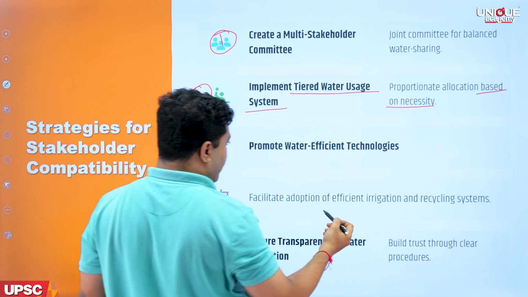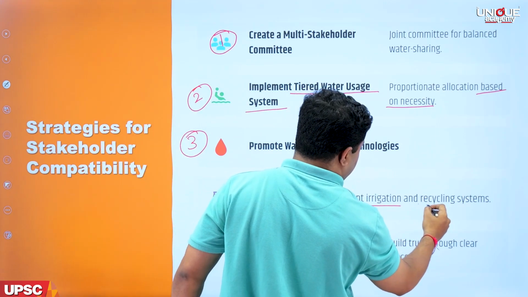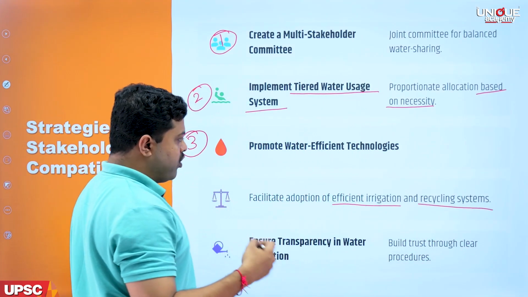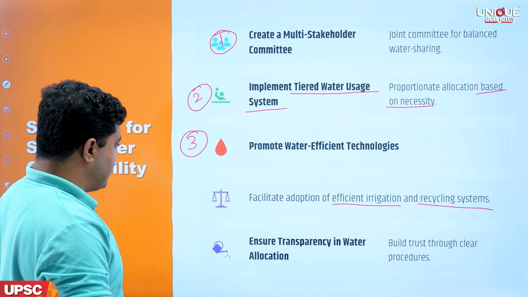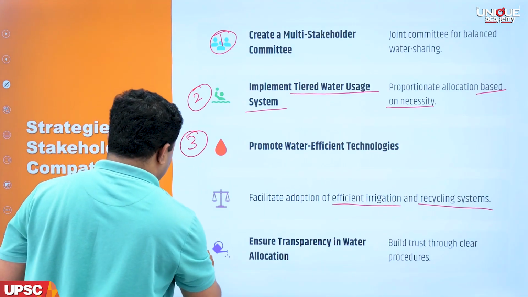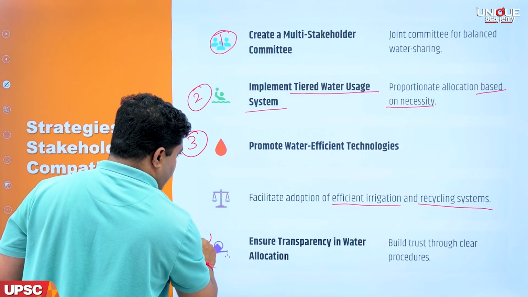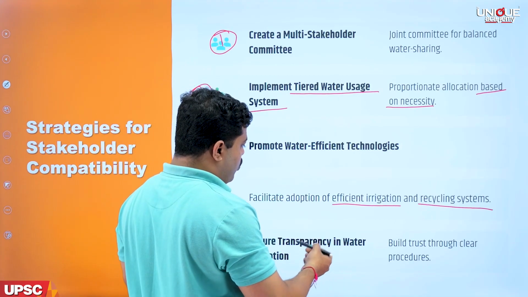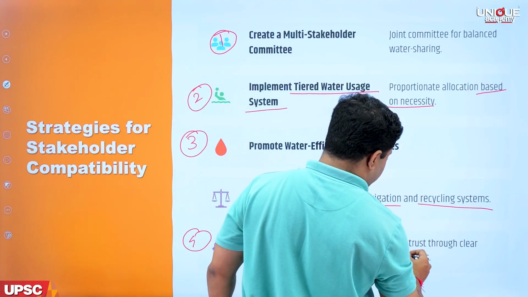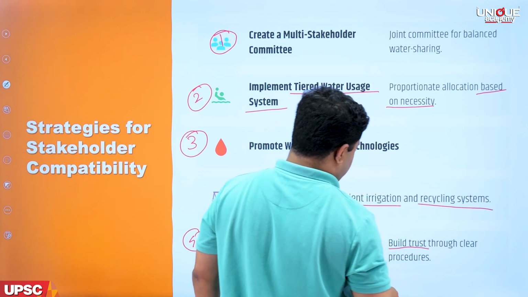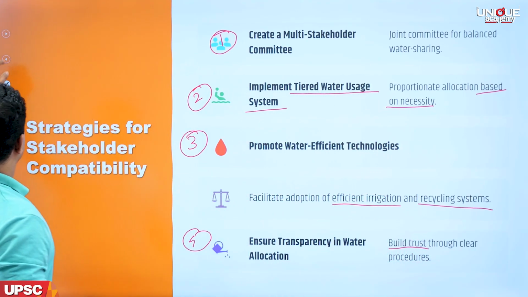सो इसमें ड्रिप इरिगेशन है, इफिशिएंट इरिगेशन है ना. रिसाइकलिंग सिस्टम में वाटर रिसाइकल कर सकते हैं इंडस्ट्री में, ये भी होना चाहिए. देन एंश्योर ट्रांसपेरेंसी इन वाटर अलोकेशन. ओके, जो भी आप कर रहे हो वो ट्रांसपेरेंट होना चाहिए, सबको मालूम होना चाहिए, बिकॉज इट बिल्ड्स ट्रस्ट. ओके, देन नेक्स्ट इज